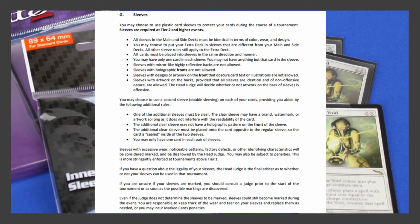So keep in mind that the previous info is subject to the judge's interpretation. So that's something to keep in mind and kind of think about when you do double sleeving. Furthermore, the double sleeve must be clear and may have a brand, watermark, or artwork that doesn't interfere with the card's readability, though the second sleeve must not have a holographic front. And you must also double sleeve in the opposite direction of the first sleeve so that the card is sealed